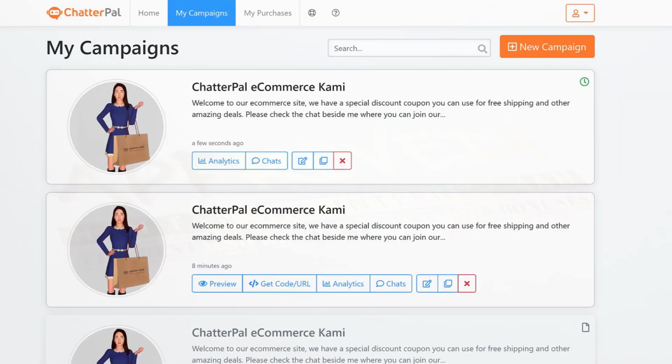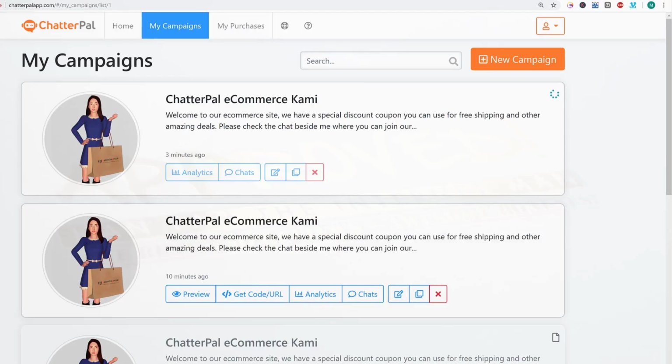That's how easy it is, and that's how quickly you can have your very own ChatterPal created. And then you can edit any of the existing campaigns later on, and then start making changes if something was not right. And on top of that, the rendering is really fast, maybe a few minutes max, and you're ready to go. And this concludes the demo of the ChatterPal app. I look forward to having you test it and enjoy the results that you get with the brand new ChatterPal app.